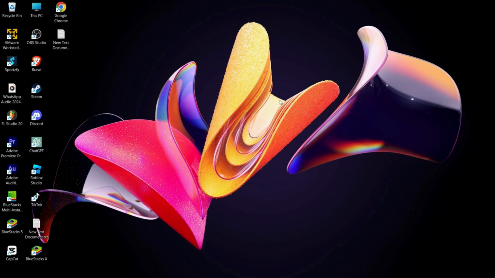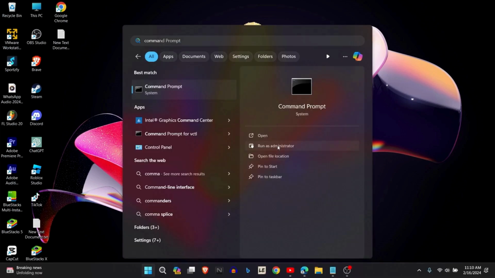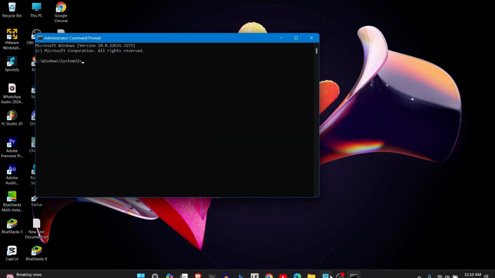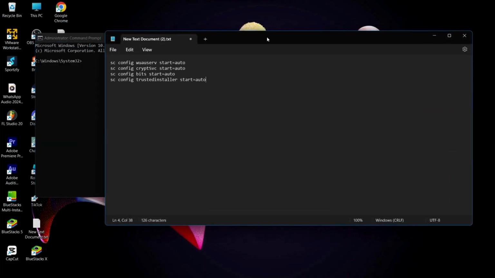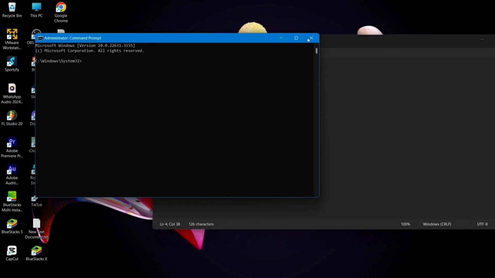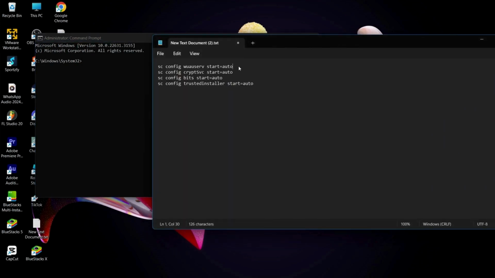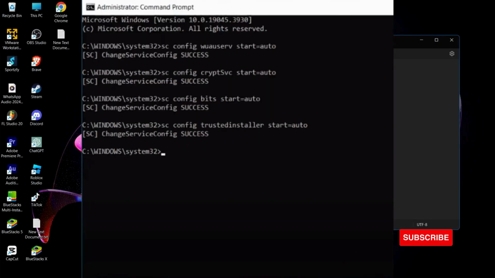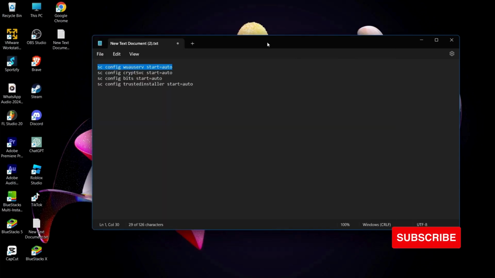computer, open up Command Prompt, select Run as Administrator, and from there you just need to copy and paste the commands that we have put in the description one by one. And after you copy and paste all those commands into your command prompt, now your problem